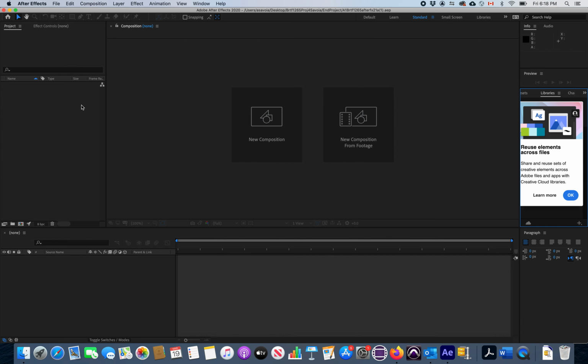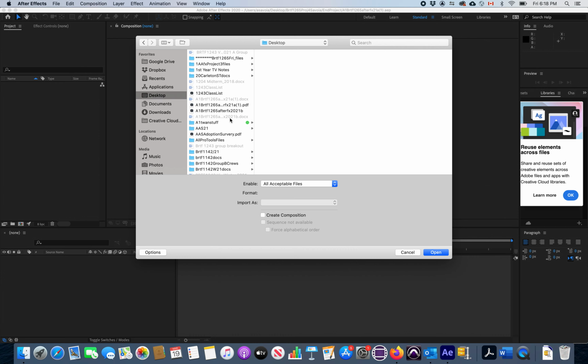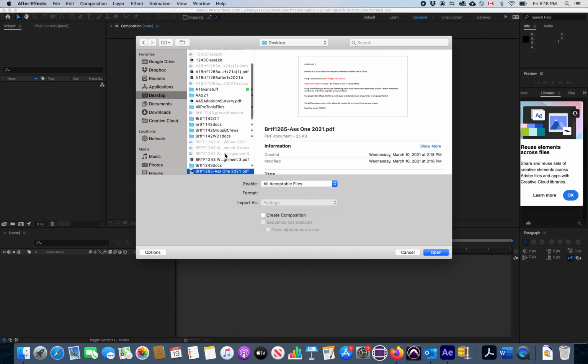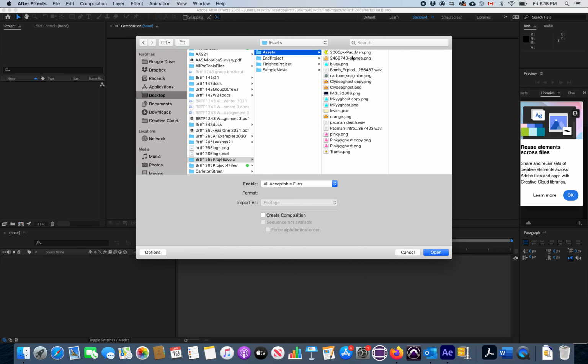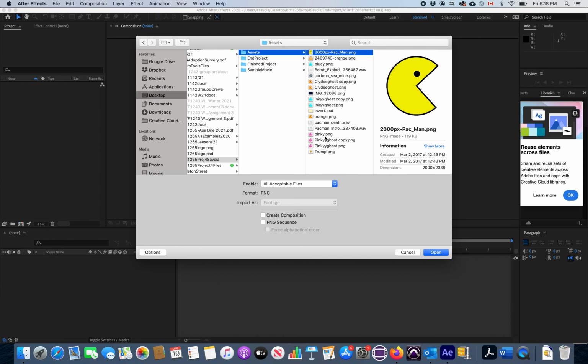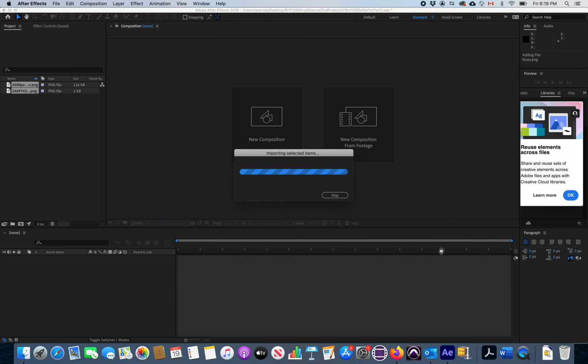Now, creating the links. I'm going to click on that project panel. I can double click on it, and it gives me the import file dialog. Right now, it's going to go to whatever the last folder was I had selected, which is end project, which is not what I want. So I'll go back to my desktop, and I'll find my master folder, and there's my master folder. And I'll go to my assets folder. Because these are all the same type of files, they're just footage, all flat images, I'm just going to select them all,